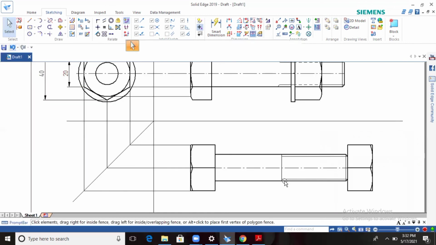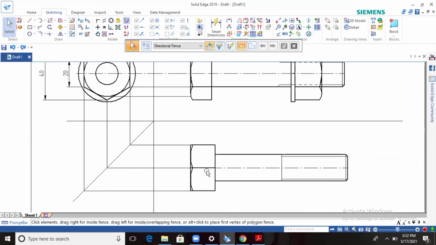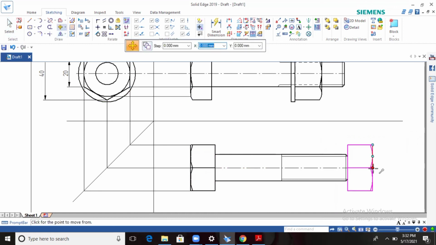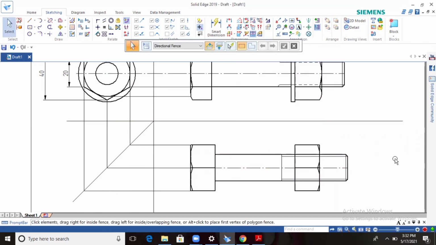Look at this one, I will show you how to move this one. So select it, go for the mirror option. Okay, select this one. Go for the move option, select the end point. So take the projection like this up to here, move it.